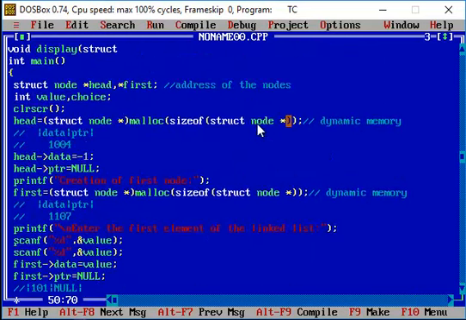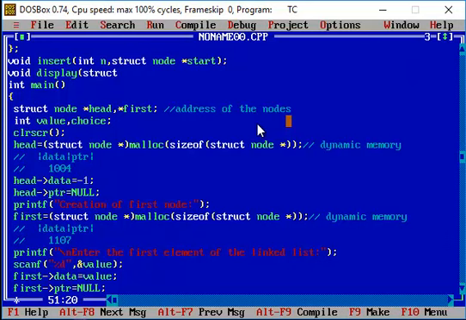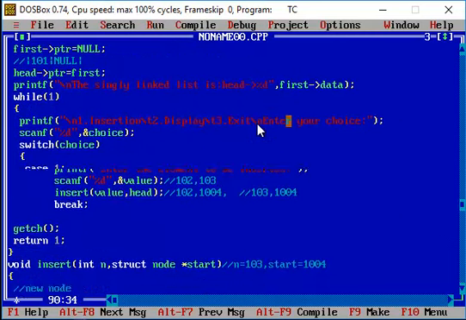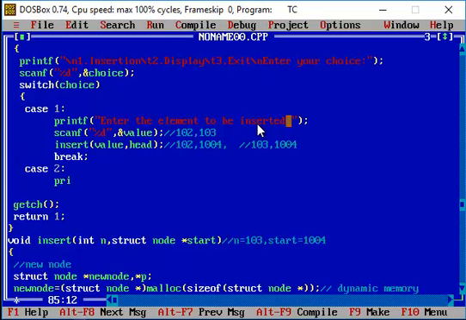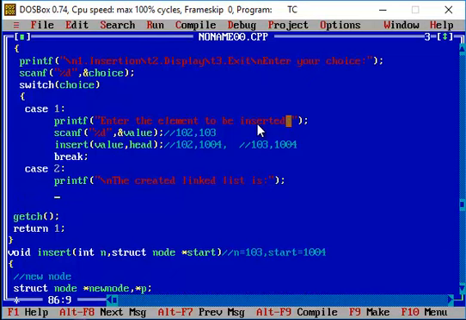So I'm going for the declaration part of the function with the value that is start. I'm giving the case 2. The created linked list is, so I'm calling the function display, and I'm passing the address of the head node. The address of the head node is 1004, so the address field will be passed. Then I'm giving a break.